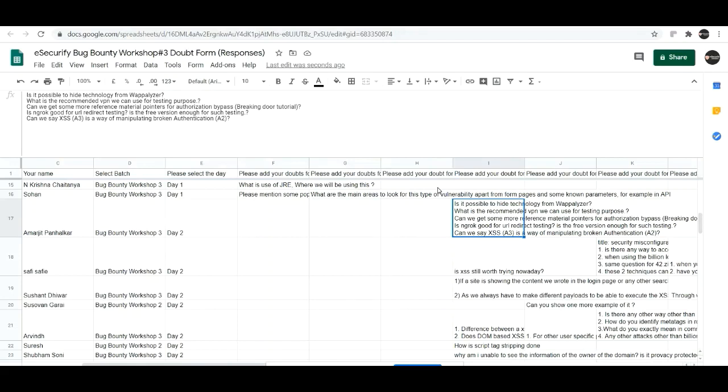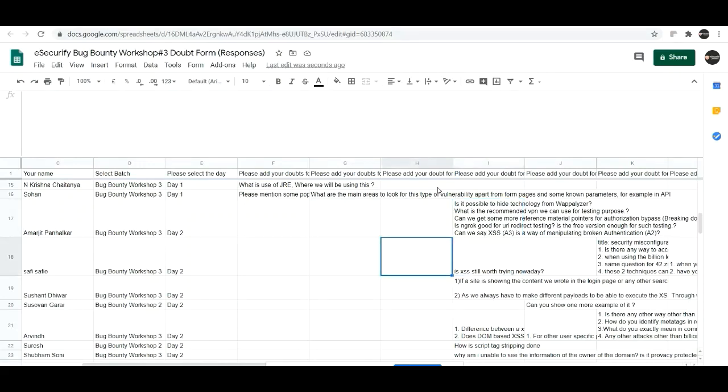But the vulnerability is cross-site scripting. Understand what the vulnerability is. It is due to a lack of input validation. As the inputs are not getting validated, you are able to inject JavaScript. That is what the main vulnerability is. Then the impact of XSS, which is cookie grabbing, is related to authentication, like broken authentication and broken session management, because with the help of JavaScript we are able to fetch the cookies. So that's it with Amarjit's doubt.